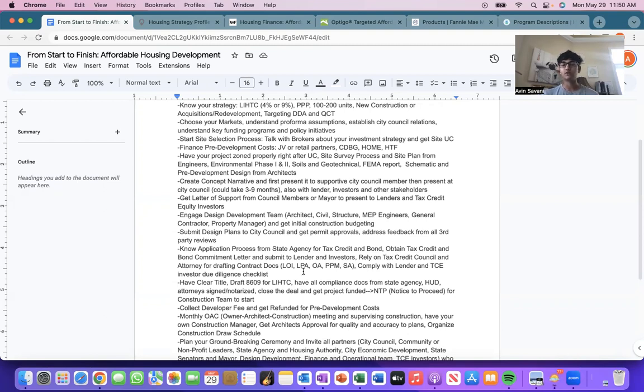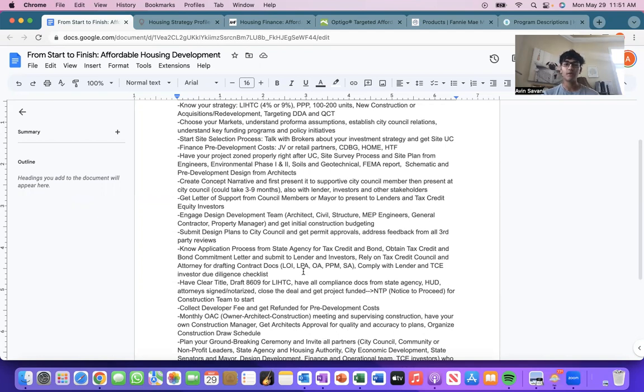But yeah, so this concept narrative is essentially just outlining your entire project. So this can be in a PowerPoint format, and pretty much explaining why you like this area so much, how you can impact people's lives by providing quality and affordable housing to people who are struggling with housing stability, essentially, right? So that narrative you also want to convey to your lender, your investors, and other stakeholders involved with your